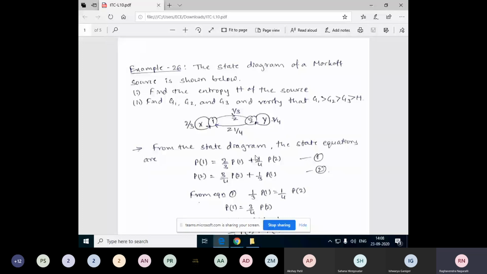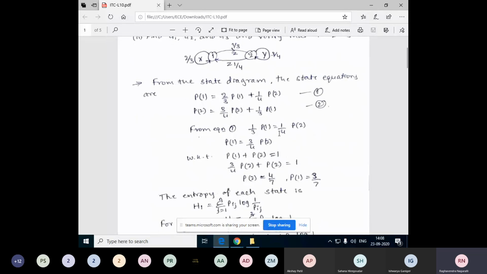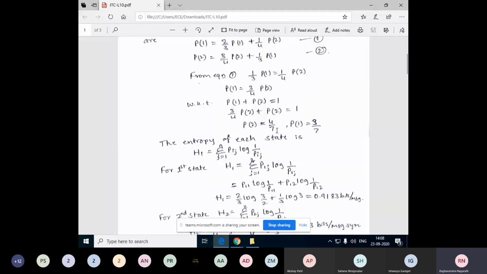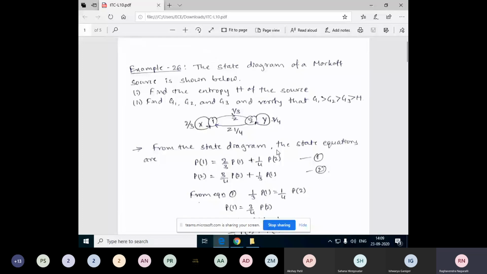So today we will see one problem determining the code tree, where we are finding the different symbols for a second and third extension representing the second and third states, or we also call it the second and third symbol emission, symbol interval. Okay, so let me start this class with example number 26. So write down this example first.